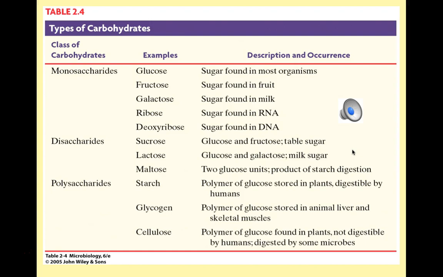When we have two monosaccharides linked together, like glucose and galactose to make milk sugar, lactose, we generally describe that as a disaccharide. If we combine glucose plus one fructose monomer, then we have table sugar. That's the sucrose that some of us like to have in our tea or coffee to sweeten it up. And then maltose is a disaccharide made of two monomers of glucose.